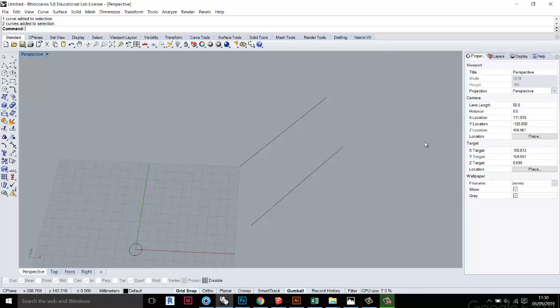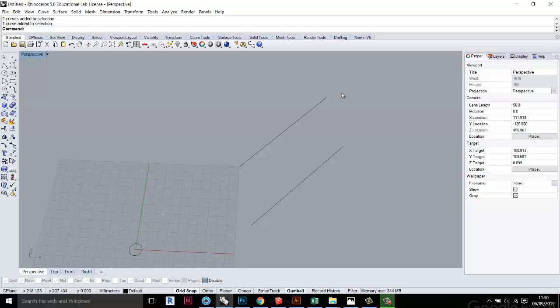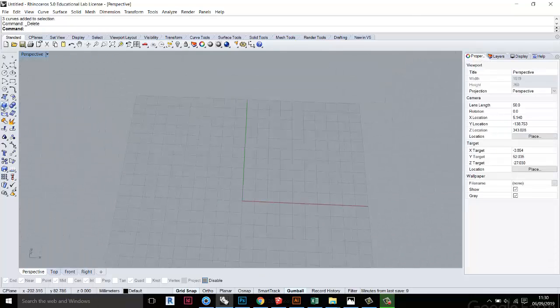Now, it might seem a little arbitrary at first, but these two different methods of selecting become very, very useful when models become complicated. The left to right one allows you to select individual objects when you've got quite a cluttered viewport. Right to left will select everything in your view, and that can often be quite difficult, and if you've got a very, very complicated model with maybe a terrain that's a couple of kilometers across, can occasionally crash your machine out. Okay, so I'm just going to select all of that and hit delete on my keyboard, and I'm going to use some solid